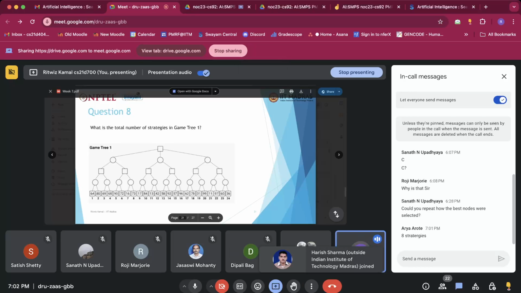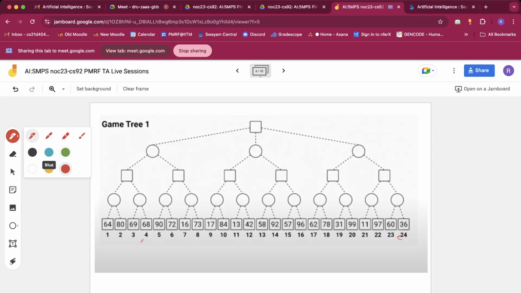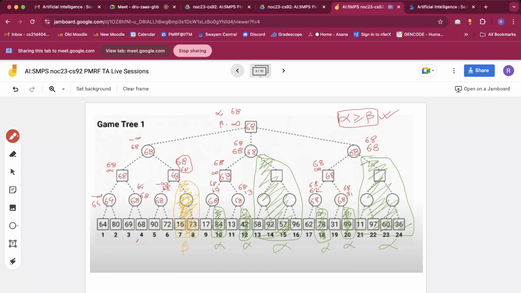Okay, so we have a couple of solutions in the chat box. Let's have a look at how to arrive at this particular answer. Let me clear this out. Okay, so when we are selecting a strategy, remember that earlier we had discussed, when we were looking at some